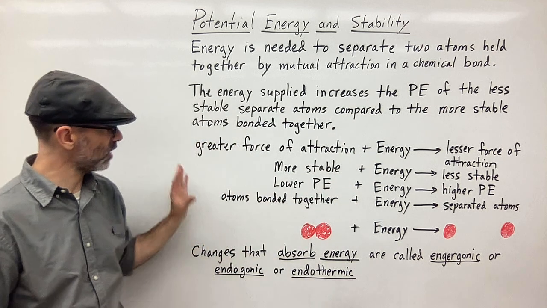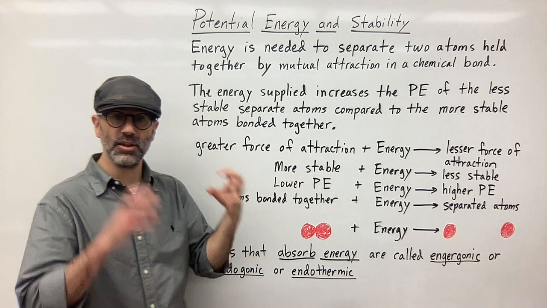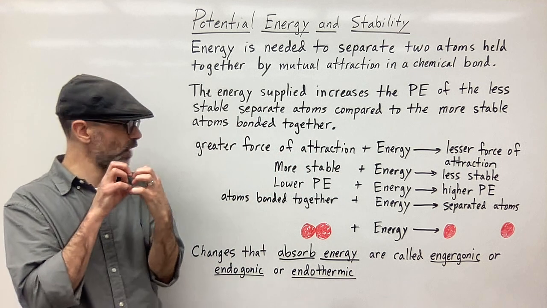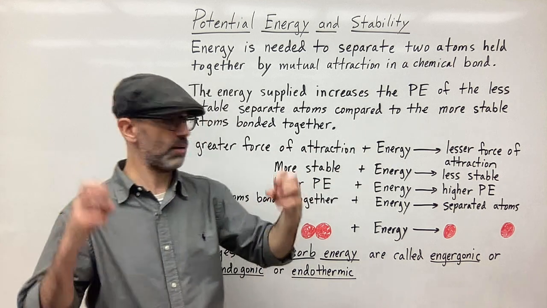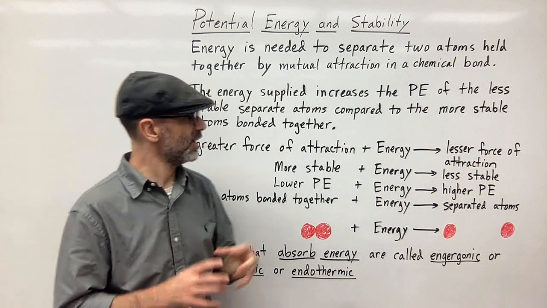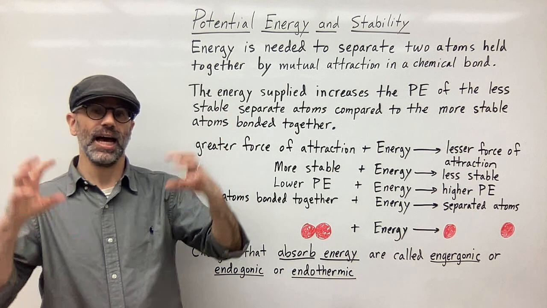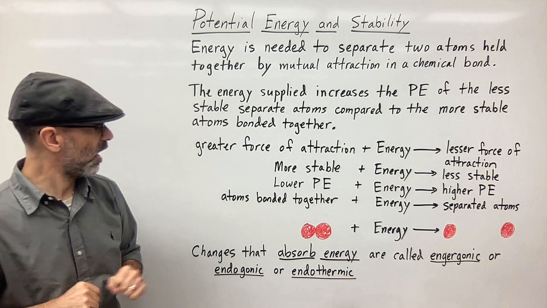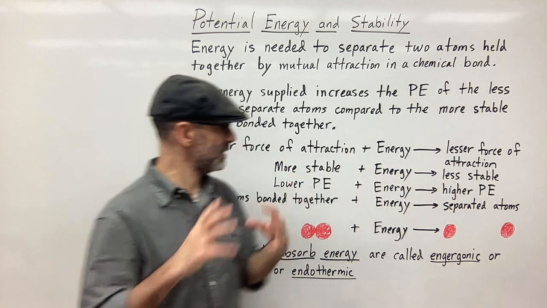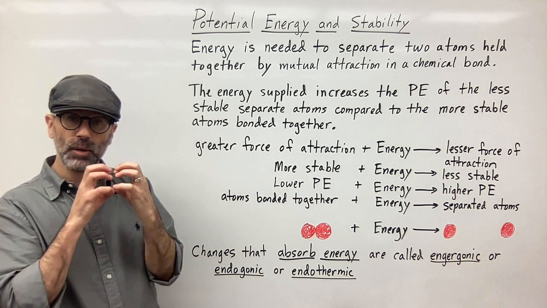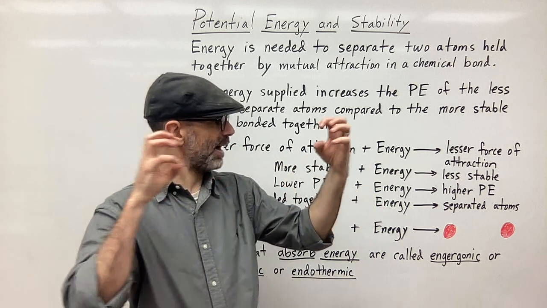So here's some ways of stating this, right? So greater force of attraction, meaning they're closer together, right? You have a greater force of attraction when they're closer together. When you add energy to that, you are moving them apart, and therefore they're going to have a lesser force of attraction, right? So the farther you bring them apart, they're going to have a lesser force of attraction. More stable together, add energy, they're going to become less stable. They're going to have a lower potential energy when they're together, bonded together. Add energy, they're going to have a higher potential energy